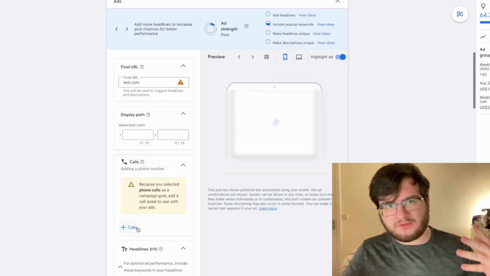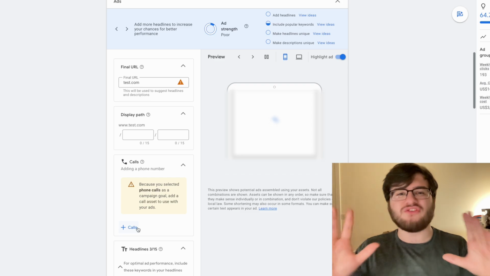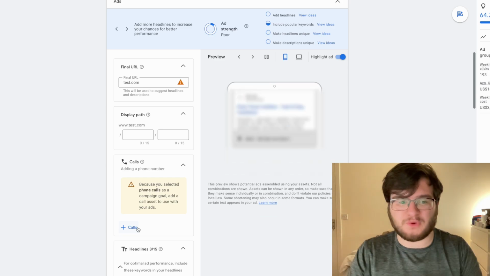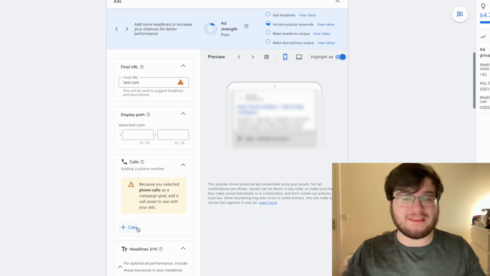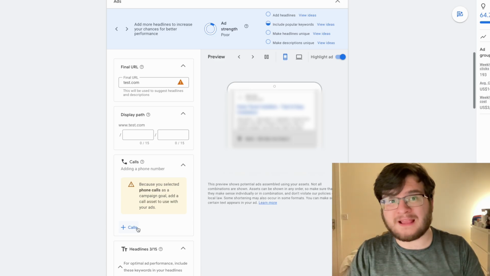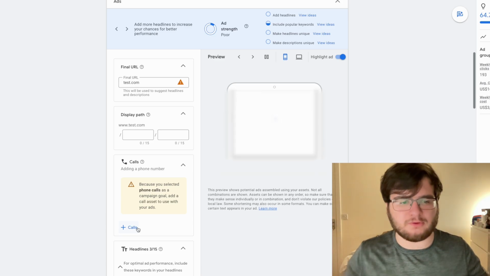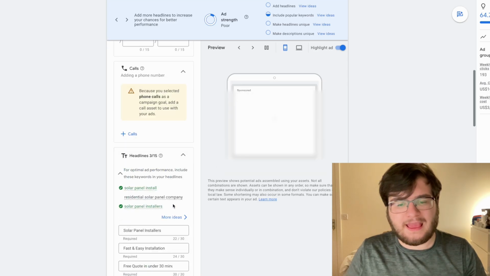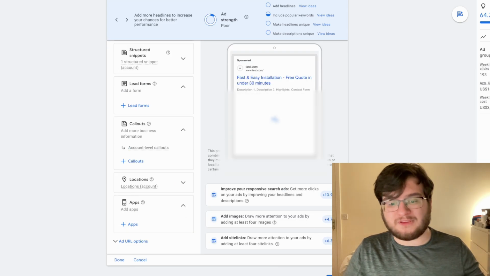I'm going to scroll to the call section. We're going to look to add a phone number. Make sure you add a phone number. People love calling. It's really easy for people to call, and it's just good business. It's going to increase the amount of leads you get substantially, as people can easily find you and call you. So make sure you add a phone number, and then you scroll all the way to the bottom